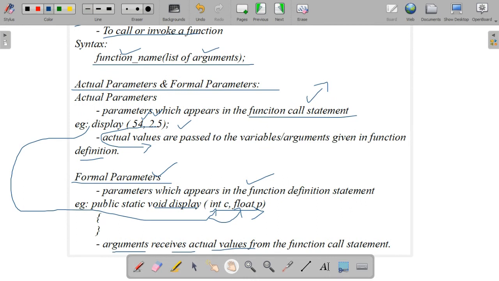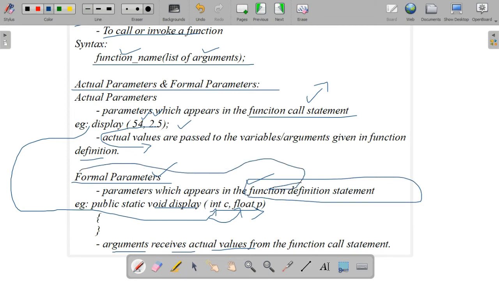Formal parameters receive the actual values from the function call statement and copy them here. Actual parameters are in the function call statement; formal parameters are in the function definition statement. You can remember: function definition has the formal parameter.